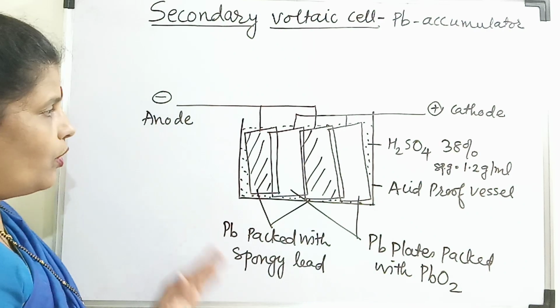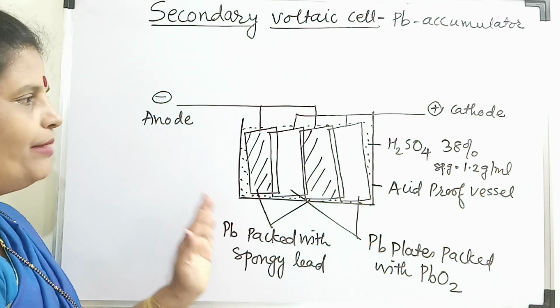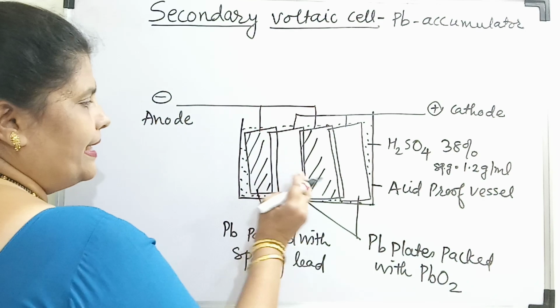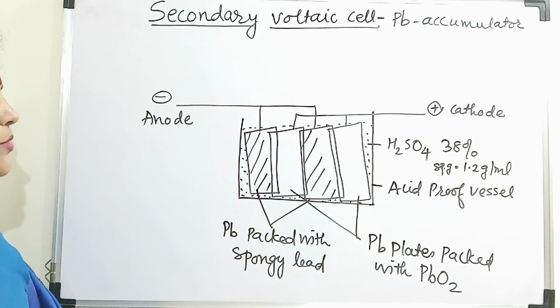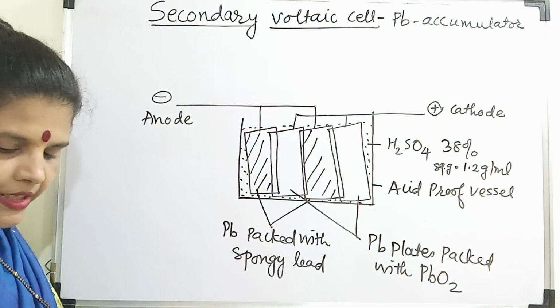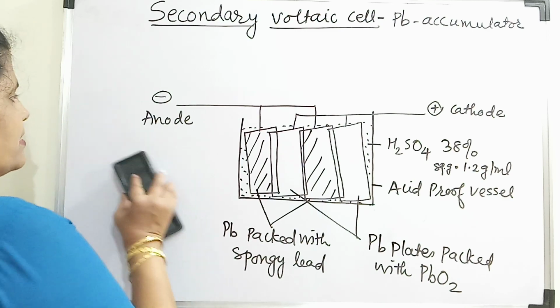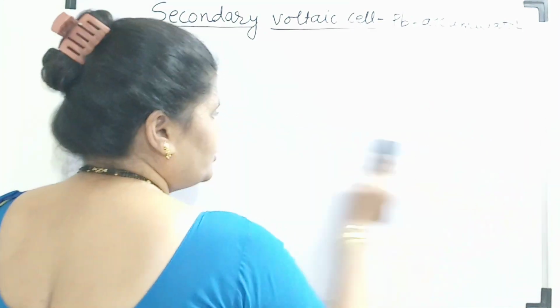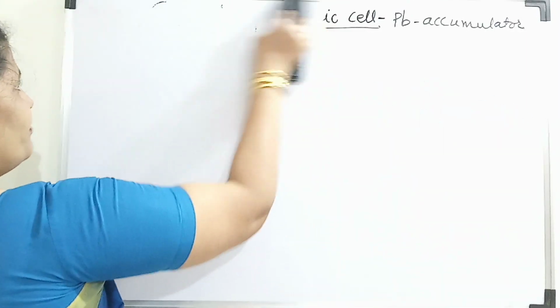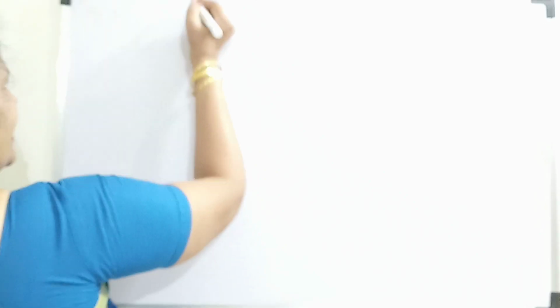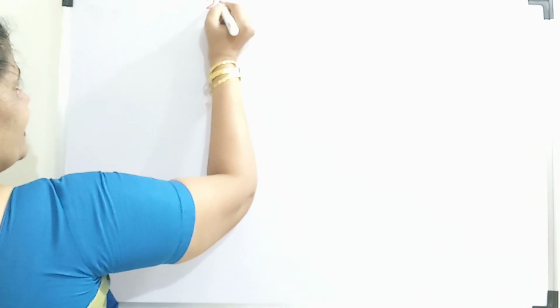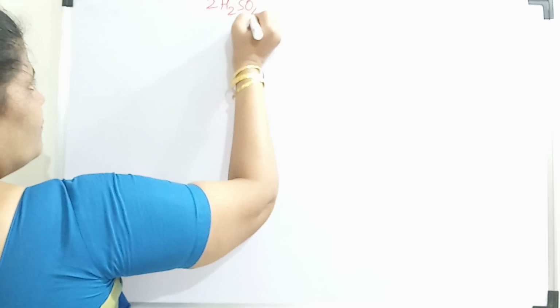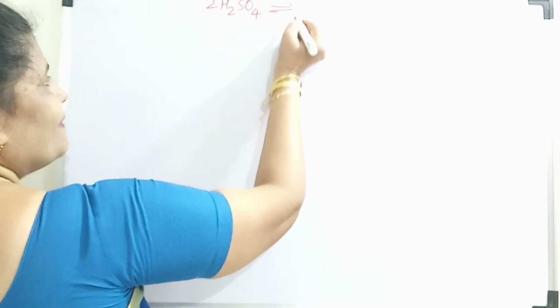Very interesting to note, although this is a galvanic cell, there is no salt bridge used here, and the plates are in direct contact with each other through H2SO4. Now, let us see the working. The cell reactions consist of charging and discharging of the cell. So let us see the discharging reactions first. There are some simple tricks we will use to remember the cell reactions. Very important, students: the electrolytic solution I am using here is H2SO4. So first I will write 2H2SO4,